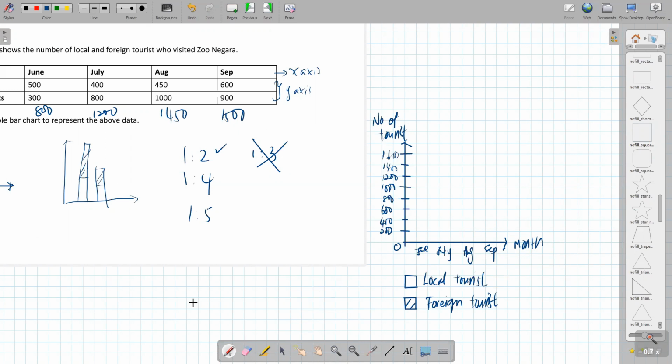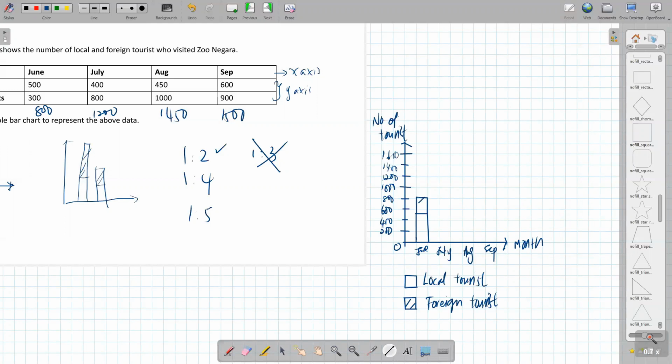Okay, so now how do we draw? First, we draw the local tourists. Local tourists on the bottom, then the foreign tourists on the top. So we start with the 500 first. And then the remaining will be 300, so it will come out to, just now we found the total is 800, right? So we put here,